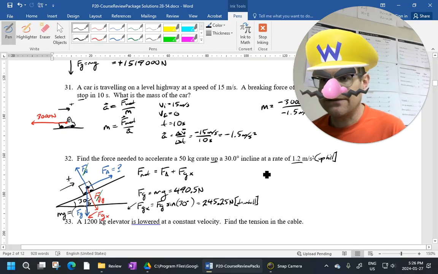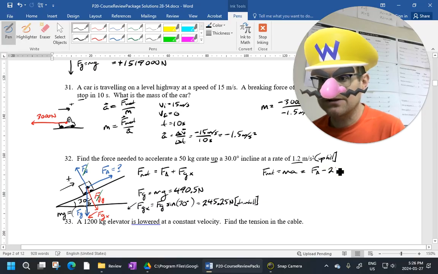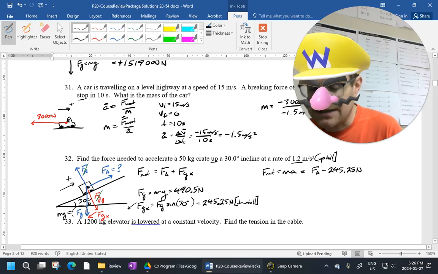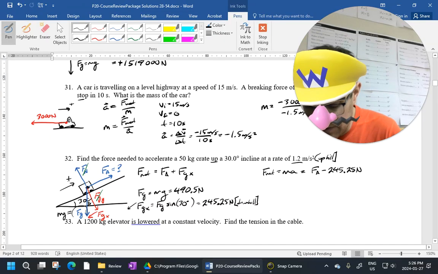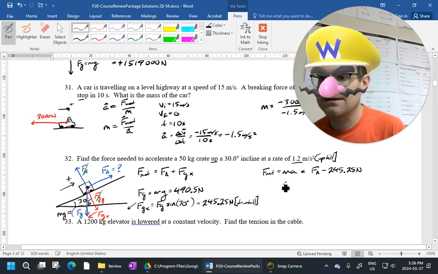Okay, so let's go back to our F net formula here. So F net, which is also equal to M times A, is equal to my F applied plus this negative number. So I'm just going to put in minus 245. So we have a mass. So I'm just going to type that in. I'm not going to show it. So 50 times 1.2, mass times acceleration. This ends up being positive 60 newtons. F applied minus